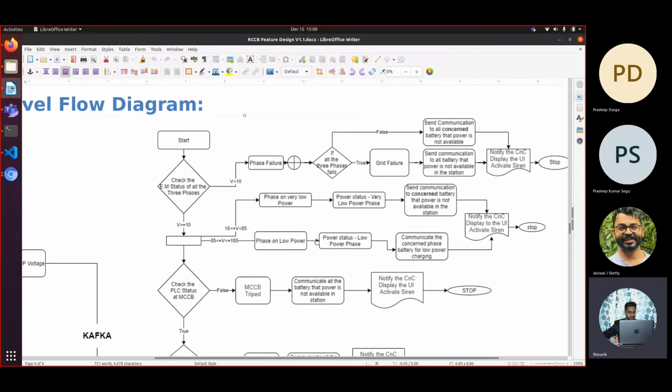Now at the health orchestrator, what we are doing is checking the energy meter status of each of the three phases.